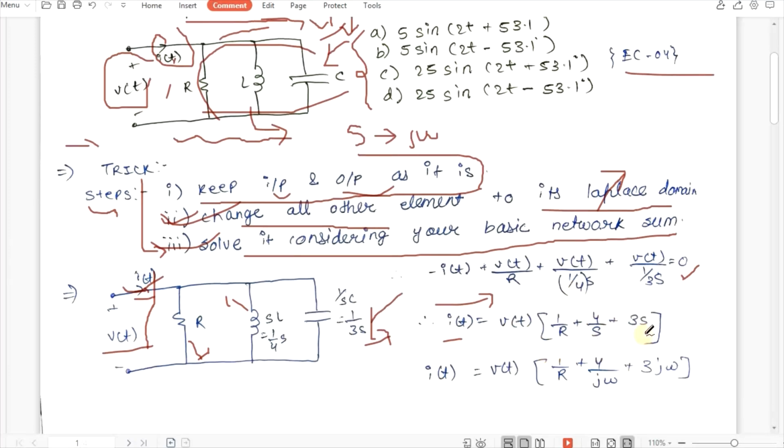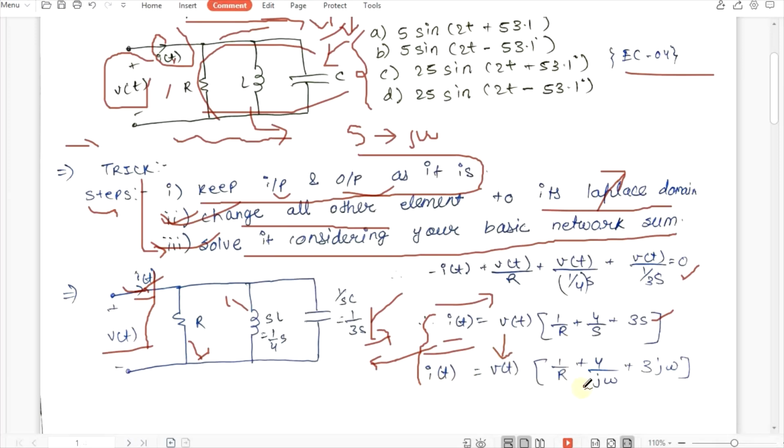Okay, here you can see I have not converted S to j omega, and I am doing that in the third step. So you can see I am wasting one step here. Instead of doing this, we will get the reactance form in the circuit itself. So if we put S equals j omega, we will get I of t is equal to V of t